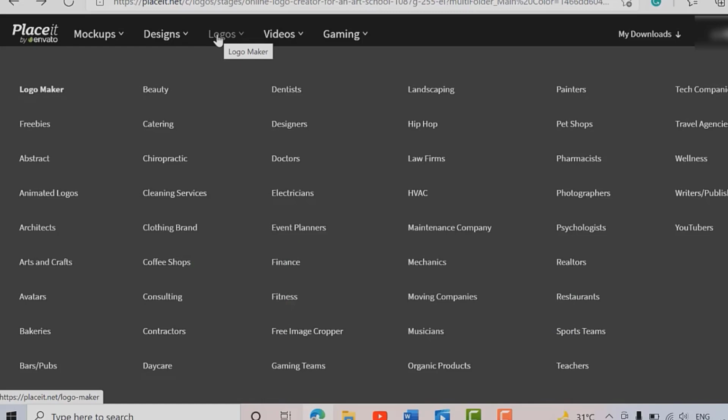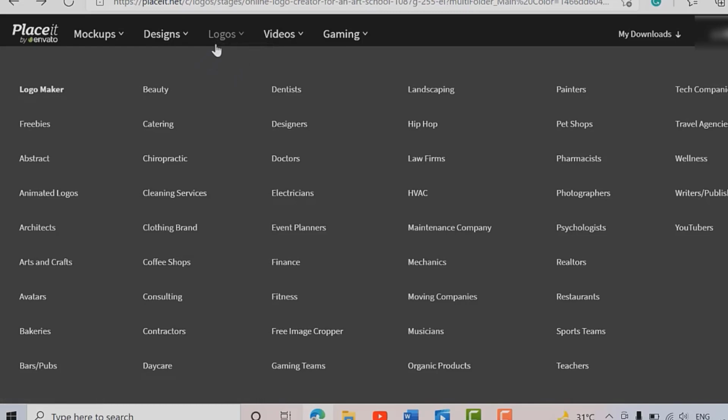With a little innovation, you can create some very graphic heavy and very high quality t-shirts and other apparels using these logos from Placeit. But today we will be using logos for the purpose of creating a proper logo, and for this demonstration purpose I'll be creating a logo in front of you. Let's see how we can go about it.